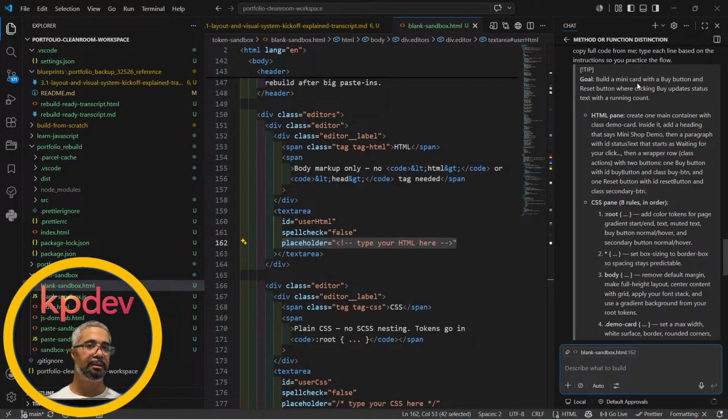So go build a mini card with a buy button and reset button where clicking buy updates status text within a running count. So in the HTML pane, we're gonna create one main container with class demo card. Inside it, add a heading that says mini shop demo, then a paragraph with ID status text that starts. Okay, so he's definitely giving out the instructions, but